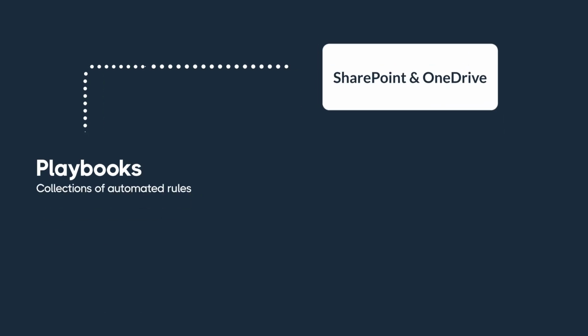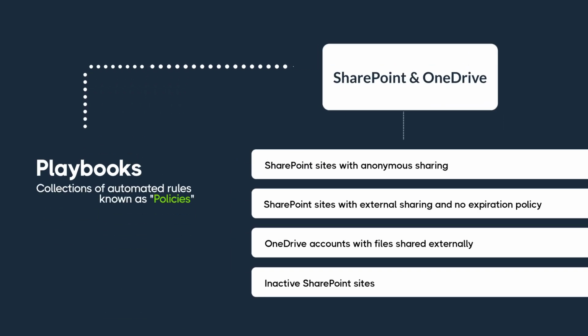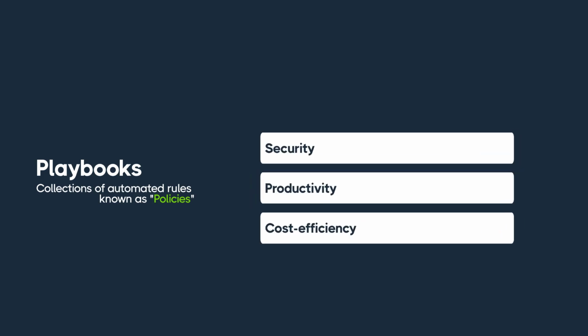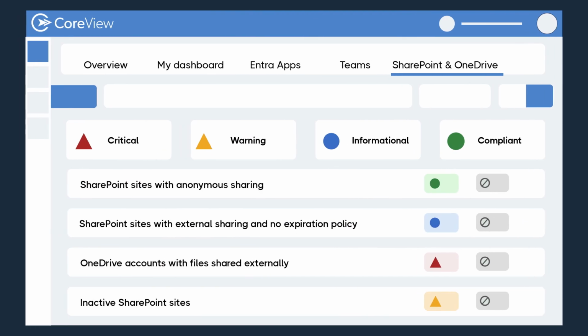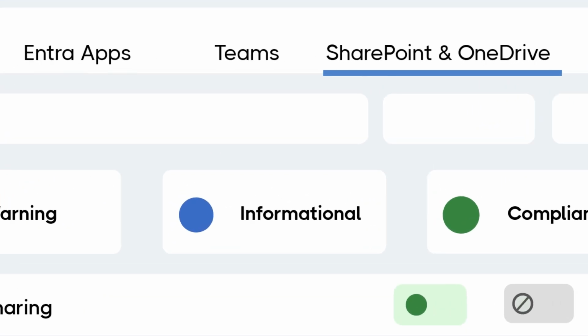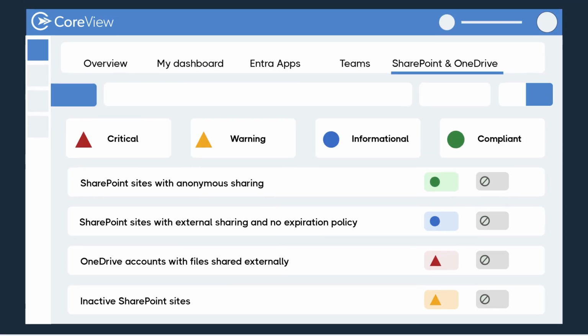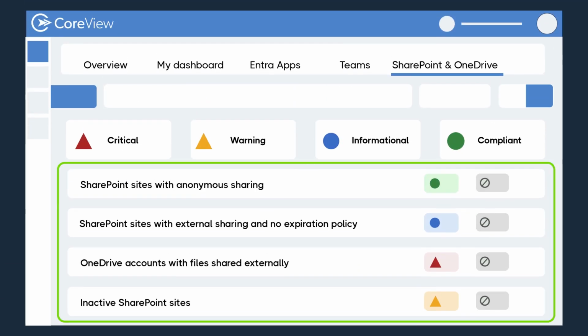CoreView Playbooks are our collections of automated rules, known as policies, designed to enable continuous compliance across your Microsoft 365 environment, ensuring it adheres to security, productivity, and cost efficiency standards over time. Each playbook targets a key operational area, such as Entra apps, Teams, SharePoint and OneDrive, licenses, identity and security, and more. Playbooks operate through policies, that is, automated rules that monitor your environment and either automatically resolve issues or notify